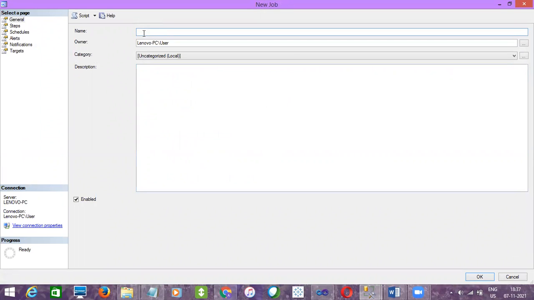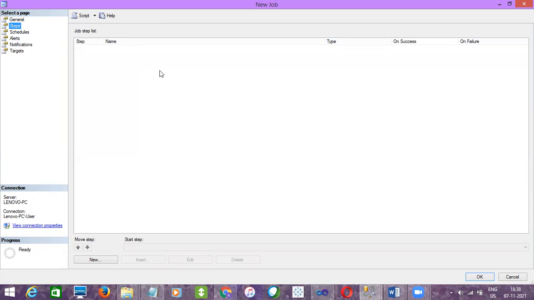But in real time, you have to give the job names with your table name or something like that. If you observe in your project what jobs they have created, you'll get to know, right? Just for our knowledge, I'm just giving October 2021 as the job name here. This is the naming convention, and then who is the owner. If the owner is different, they'll give the owner name and all, right? So you just use that.